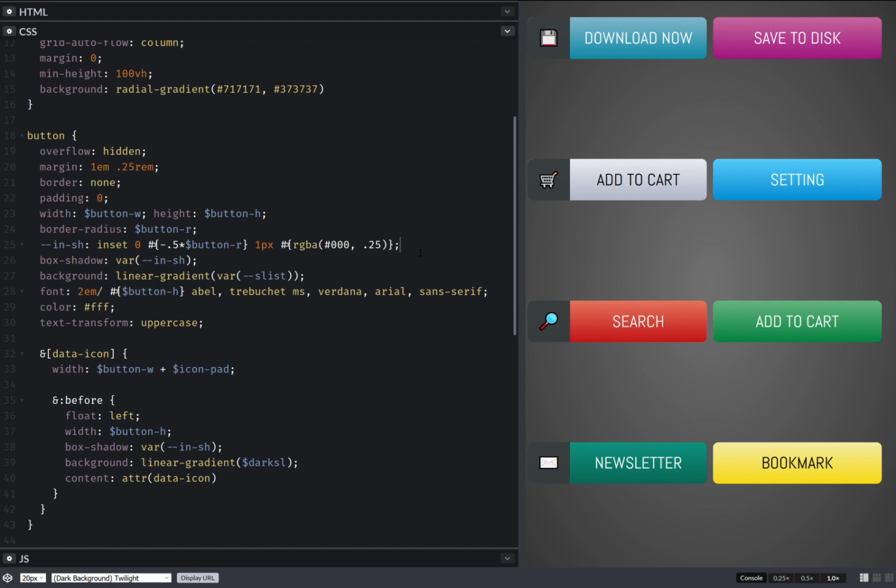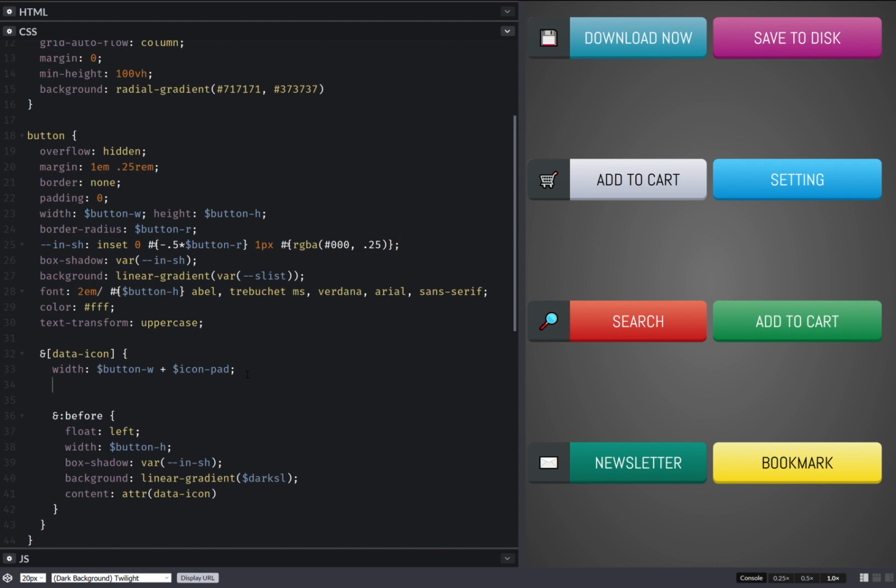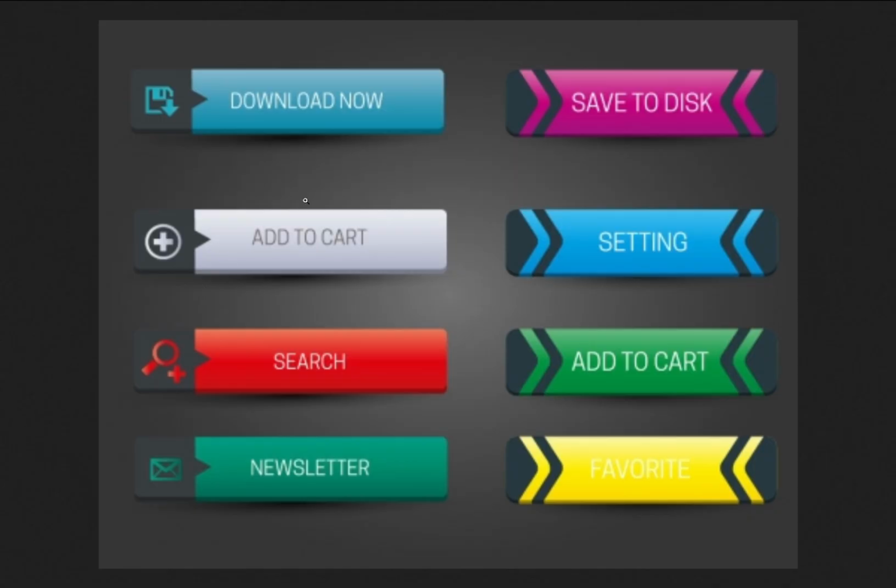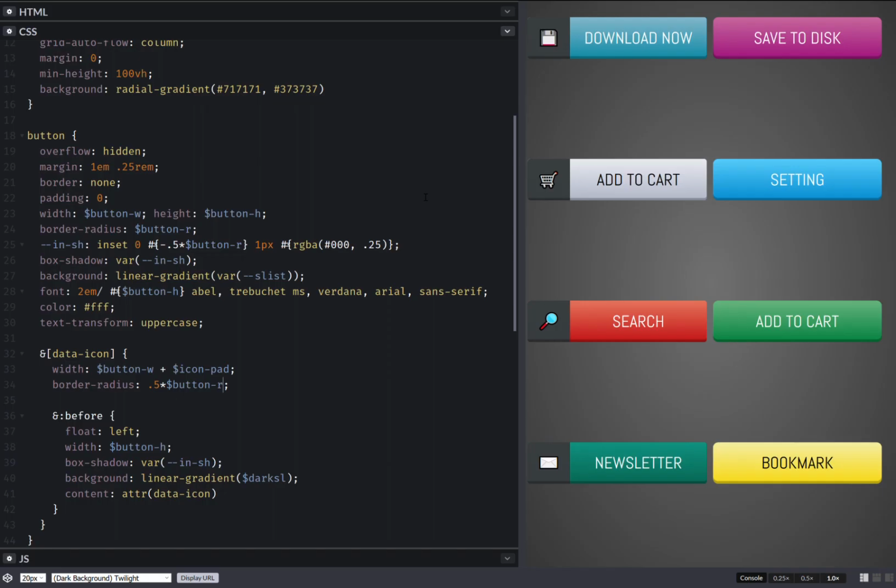Oh, that's why it's not working. Okay, so having fixed that, that's good. So I'm almost done with these, I do believe. I think I also need to reduce the border radius, because these have a smaller border radius than these ones. Okay, so now that I'm done with the first ones,